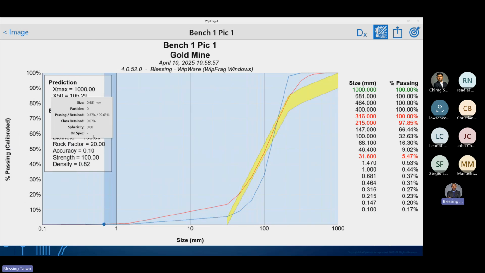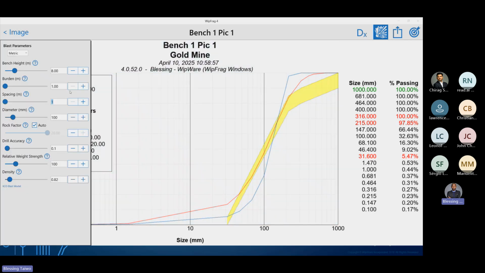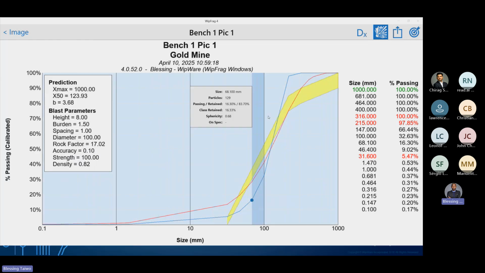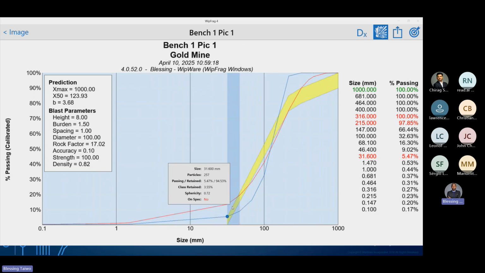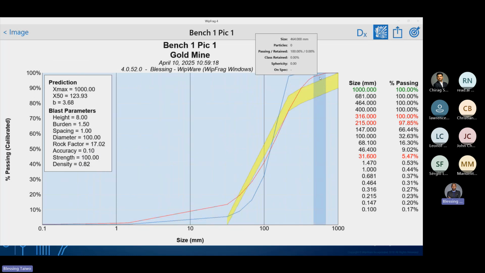Then you apply that. When you set this parameter, you can easily maneuver, like what will happen if you increase your burden. For example, the blue curve is the current blast, the red curve is the simulated blast. So you see when I change the burden to 1.5, it means that changing the burden to 1.5 will increase the number of boulders that I'll be getting, and I will be getting more fines also because there will be a lot of blowouts in this design, and the blowouts will be over crushing the blast hole collar section, creating more fines and creating more boulders.